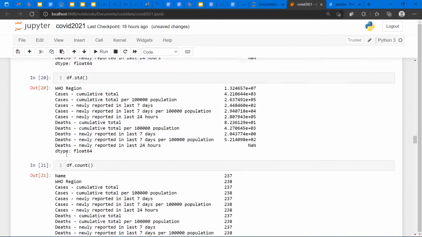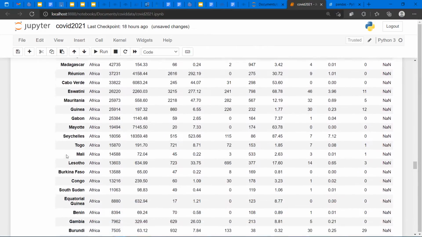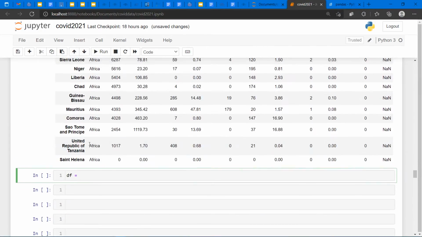So what I'm going to do here is type df dot rename, and in the parentheses I'm going to type columns. I hope the spelling is right. Columns, and then equals, and then